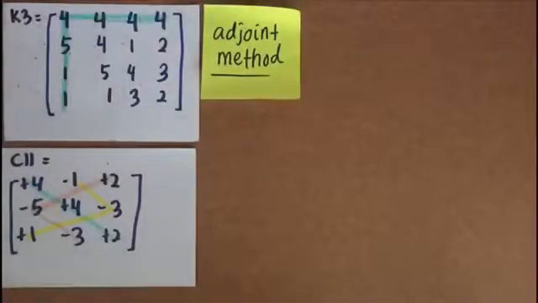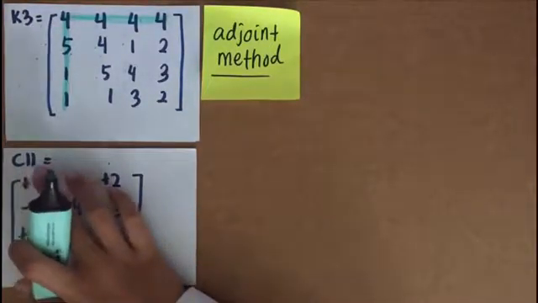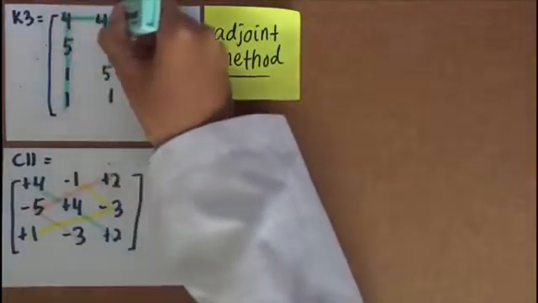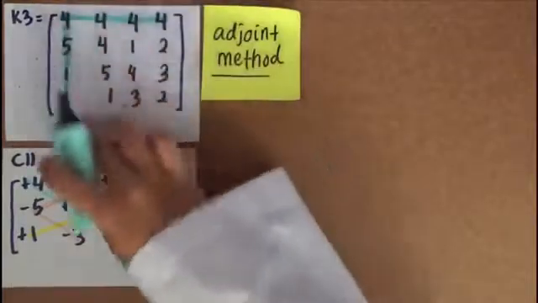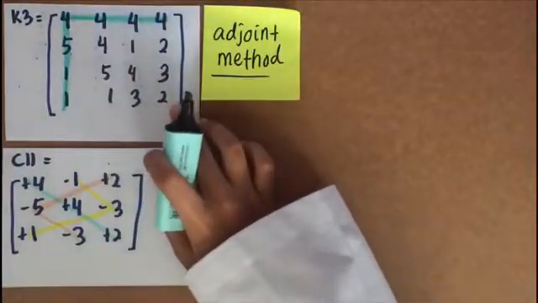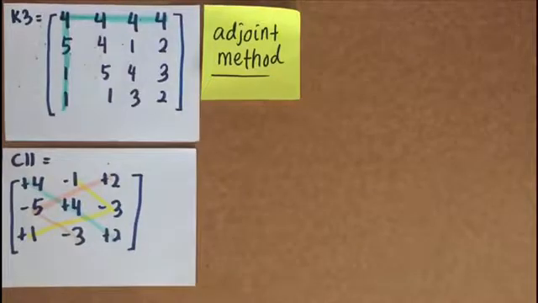So for task 3, we have to find the inverse of K3 by using the adjoint method. So we have to find the cofactor for each number in the square matrix of K3. First of all, I will show you how to find the cofactor of the first row and first column. Delete the first row and then delete the first column, and the numbers that are still left, you take them out and make it like this. And then you have to find the determinant of the cofactor of the first row and first column by using this method, which is